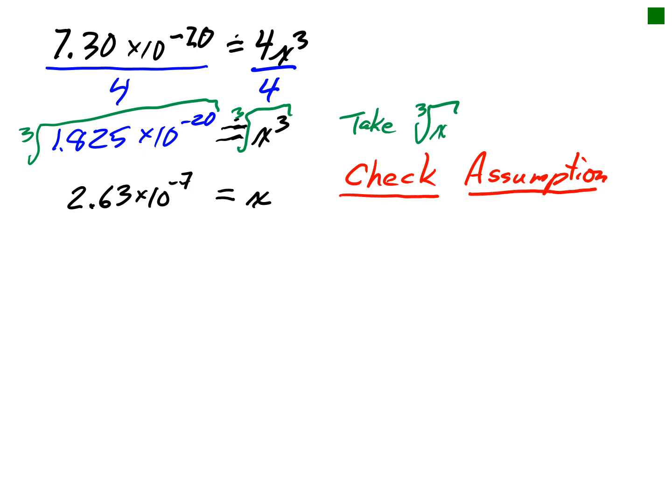Because we made an assumption, but if the assumption isn't good, then we can't use it. So your textbook talks about the rule of 20, which is one way of doing it. And so if you're able to read the textbook and like that way of putting it, go ahead and use it. I'm going to show you a different style. Both of these are valid. So what I use is called the 5% rule. The 5% rule says that